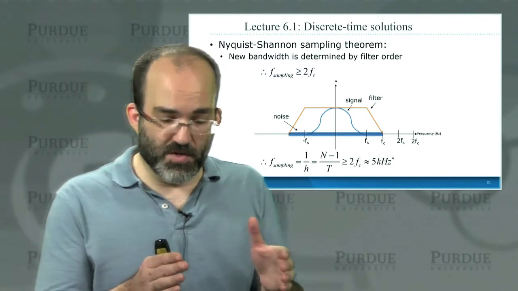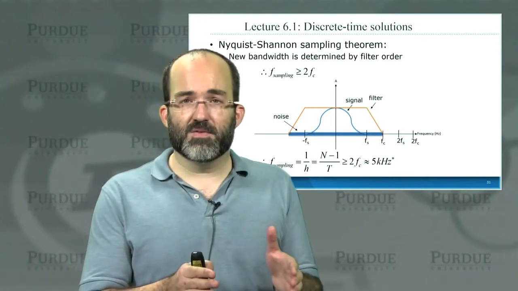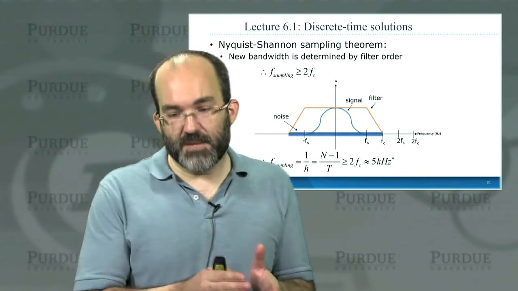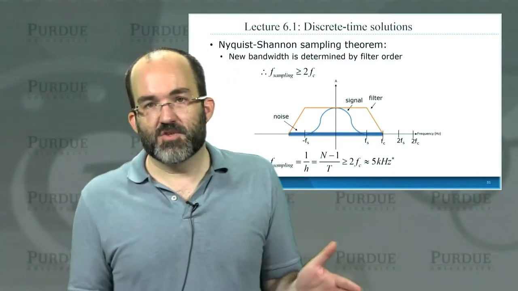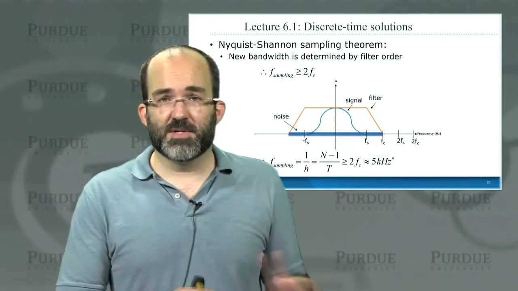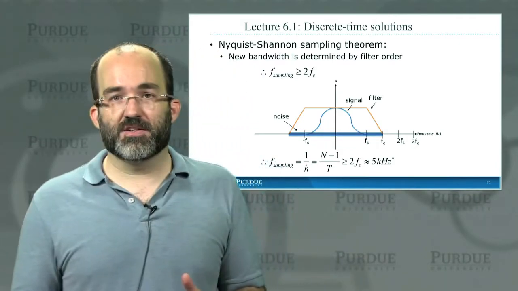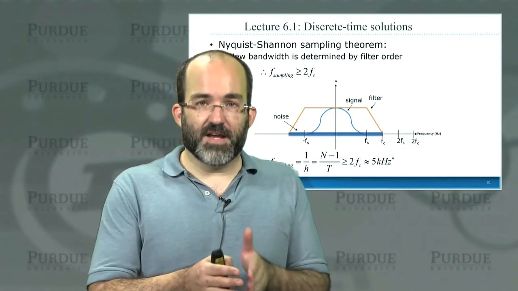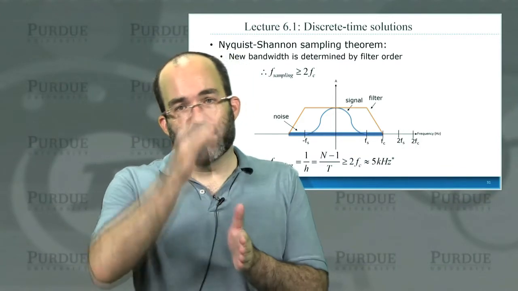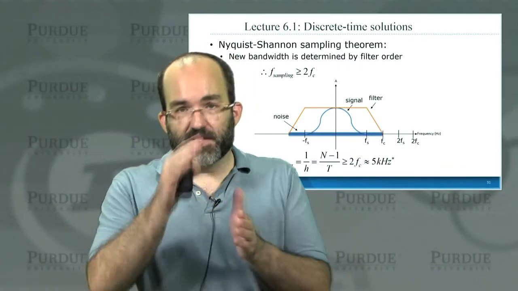So let's say that your neurons are band limited to about 1 kilohertz. There's some information that can go up to, let's say, 2 kilohertz, and it varies from cell to cell, species to species. Let's say it goes up to 2 kilohertz. We have a filter that has a cutoff at 2 kilohertz and rolls off by 2.5 kilohertz. It's a fairly steep filter.